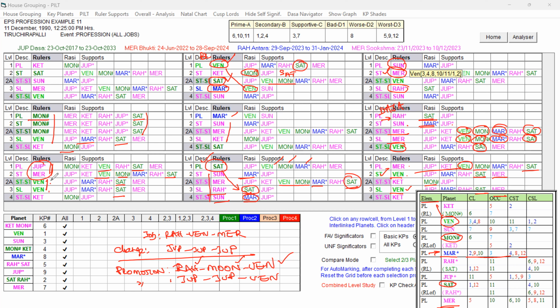That way, Jupiter's favorable key planet, Venus, is strongly playing a role at the source and forming ruler link to the other levels. And also other favorable key planets, Moon and Venus and Saturn, are influencing the Jupiter. Venus, Moon and Saturn are influencing the Mercury. So that way, Moon is also playing a role and Saturn also playing a role. So the planets which are influencing the Dasa Lord, they are all ruling the Bhukti Lord, Antra Lord, and that is supportive for the promotion. So that way, the native got the promotion during that Jupiter, Venus.